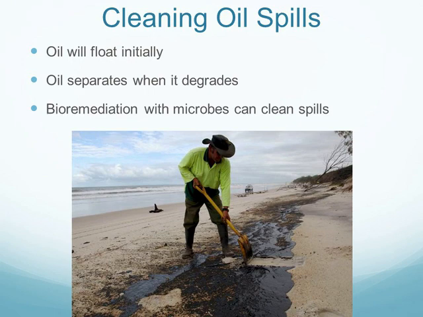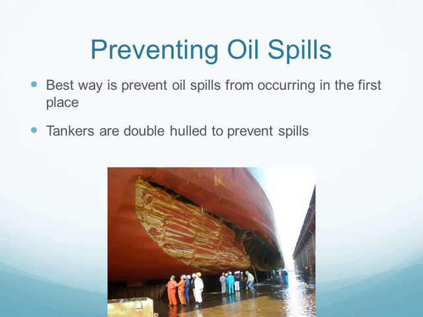They do have different types of methods for cleaning up oil spills. So you have your bioremediation, you have surface suckers. Basically, they just vacuum up whatever oil is at the surface. They do use floats that go around the oil spill to try to contain it. Or sometimes they just let nature do its thing and hope that not too many organisms die because of that. So there's ways. But the main thing is just to prevent oil spills in the first place.